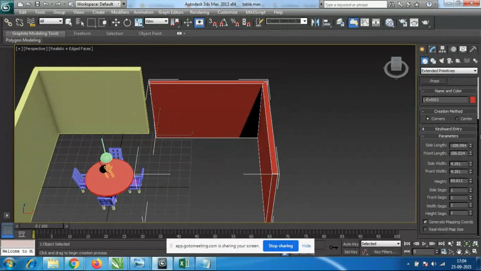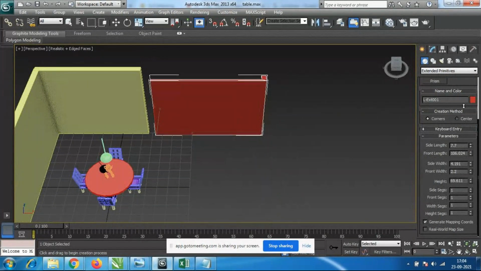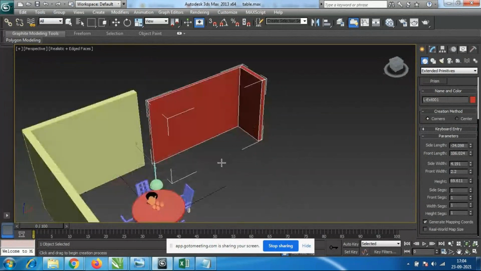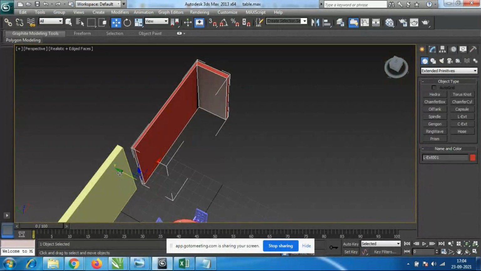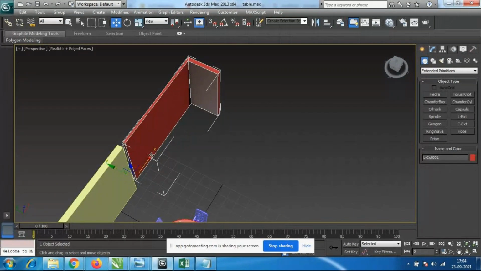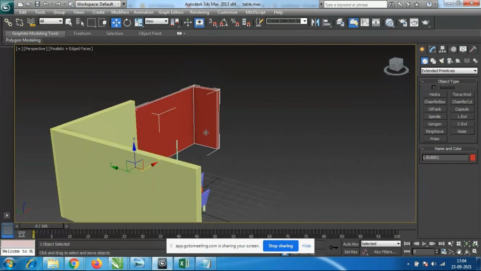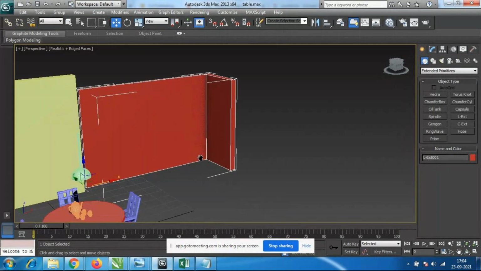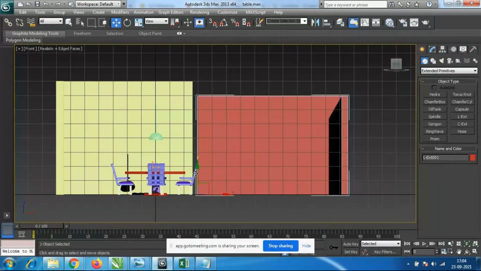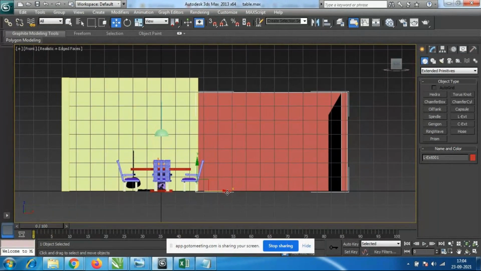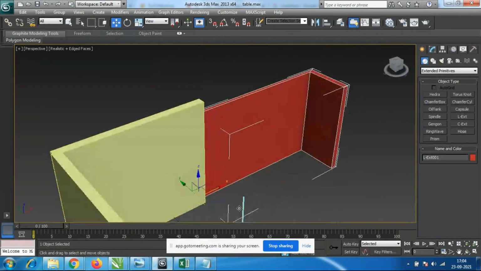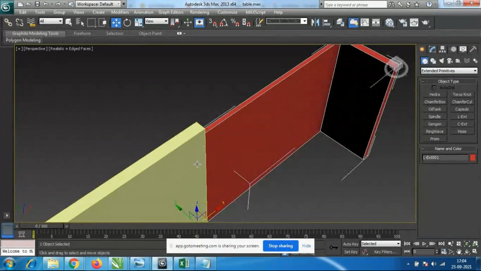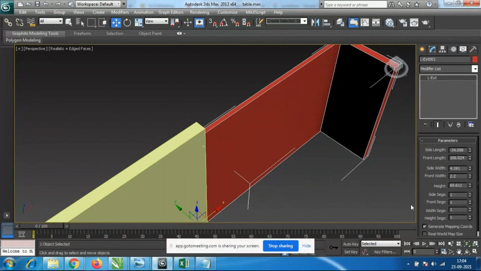Look at here, length. See now this wall, I need some gap to extend this wall. So what I'll do, I'll just go to here. See now, check in the front view. See now this is my wall, and I have to match according to this thickness. So I'll go to this modify, here we'll get all the property options.